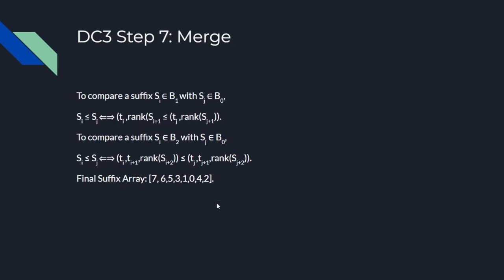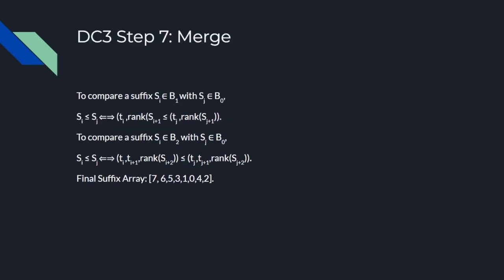Finally, we just have to merge all of these parts together. And to merge, we can use these rules. To compare a suffix S of i, which is in B1, with S of j, which is in B0, we can use this rule, which works very similar to the previous. And then